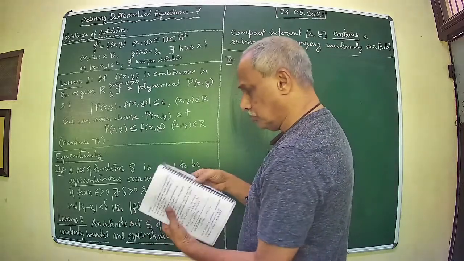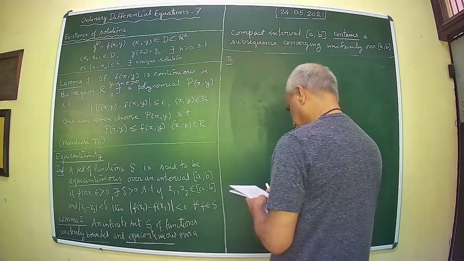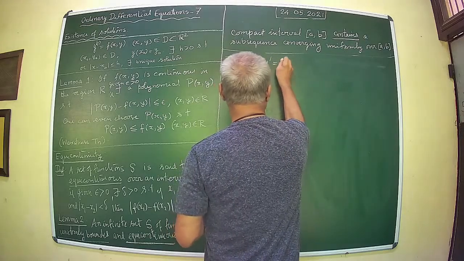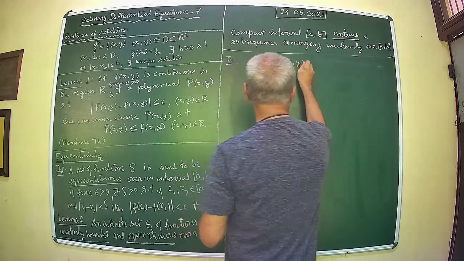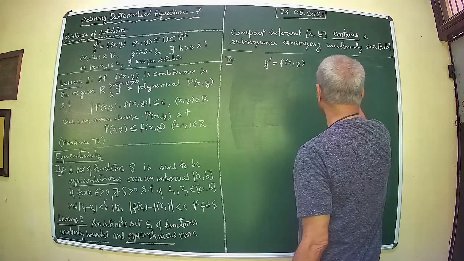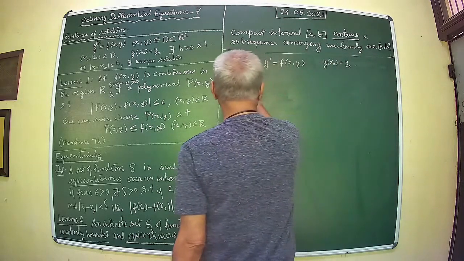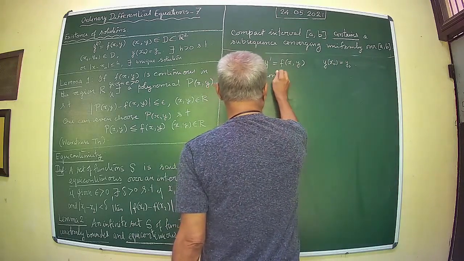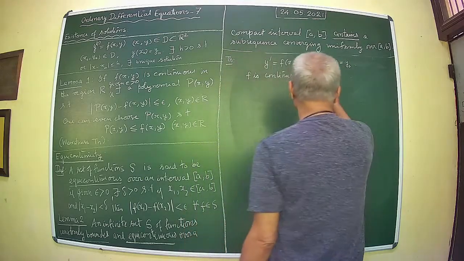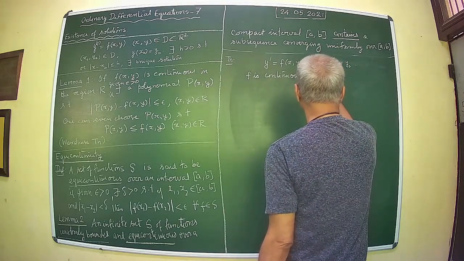So we assume that you have the equation y' = f(x, y). Now the initial data is y(x0) = y0. Now we assume that f is continuous on the interval, on the region